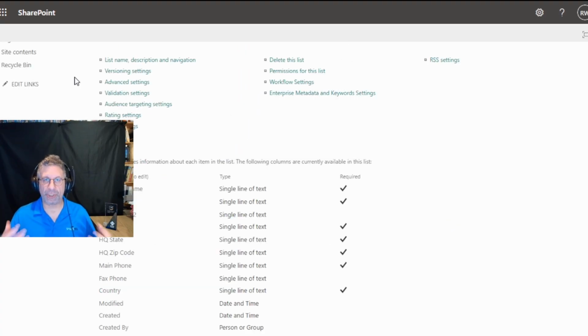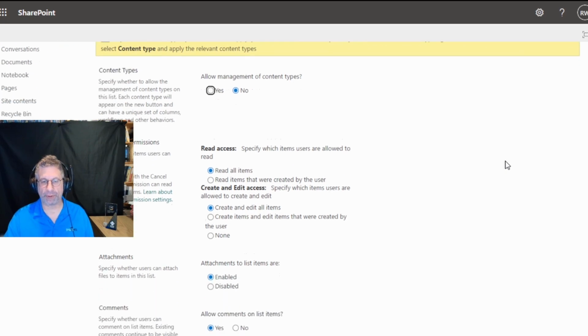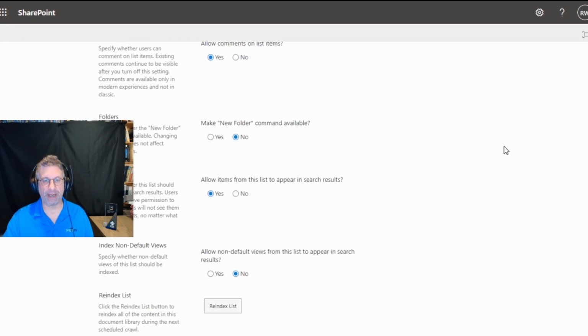So what we would do is jump into advanced settings. Once in advanced settings, we're going to have to scroll down to where folders are. Here they are. As I said, they're not currently on, and then we would have to turn folders on. Why folders? How is that going to help? Well, what you would end up doing is putting all the clients